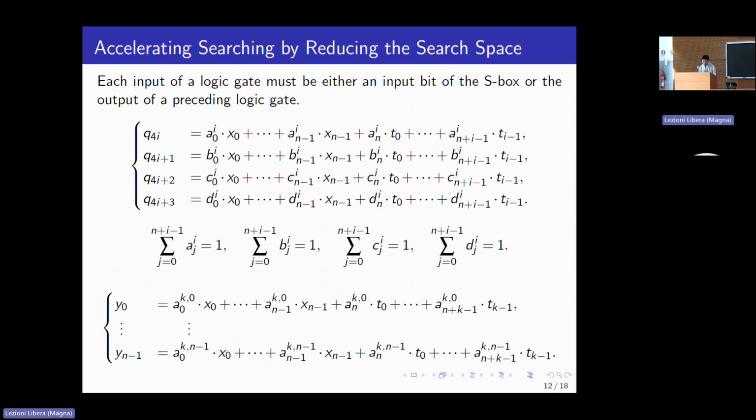Taking a 4-input gate as an example, we use Q to represent each input bit of the logical gate, X to represent the input bits of the Xbox, and T to represent the output bit of the logical gate. So the constraint on ABCD in the following expression is used